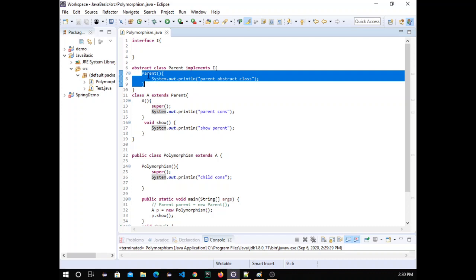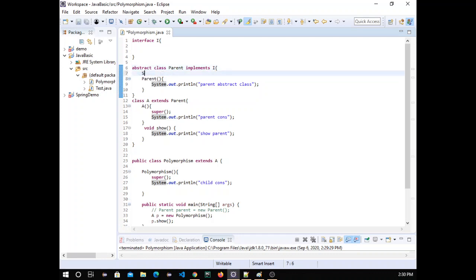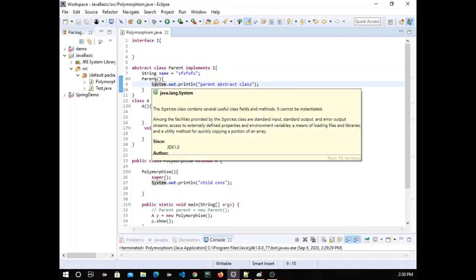Basically, the purpose of writing the constructor is to initialize the variable. So in an abstract class, you can have variables, and the constructor is used to initialize them.